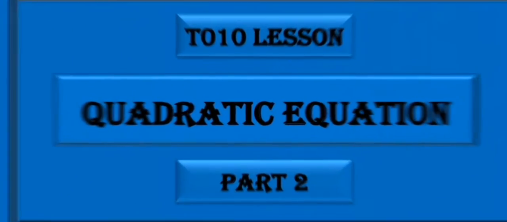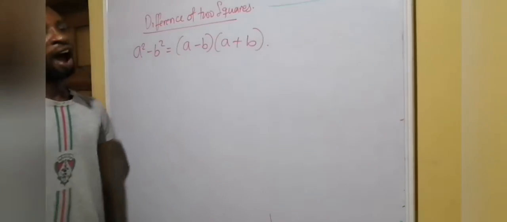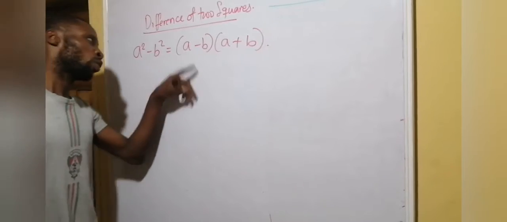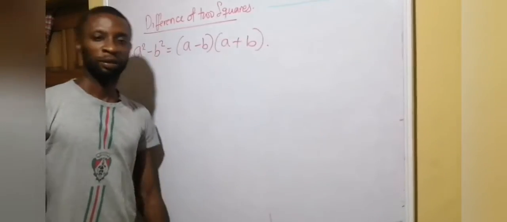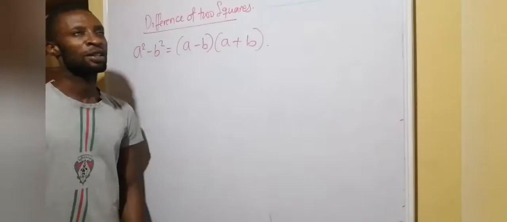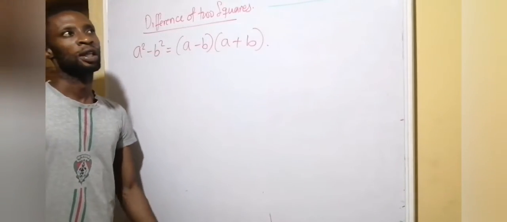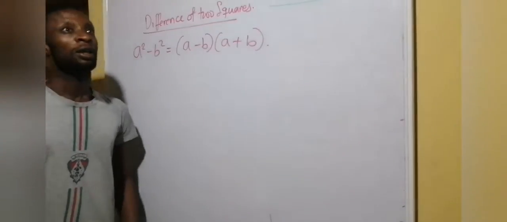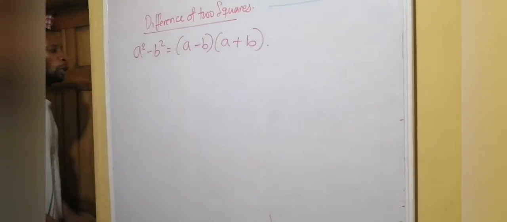Difference of two squares. a squared minus b squared equals (a minus b)(a plus b). It's very simple. Now, for example, if I have this,